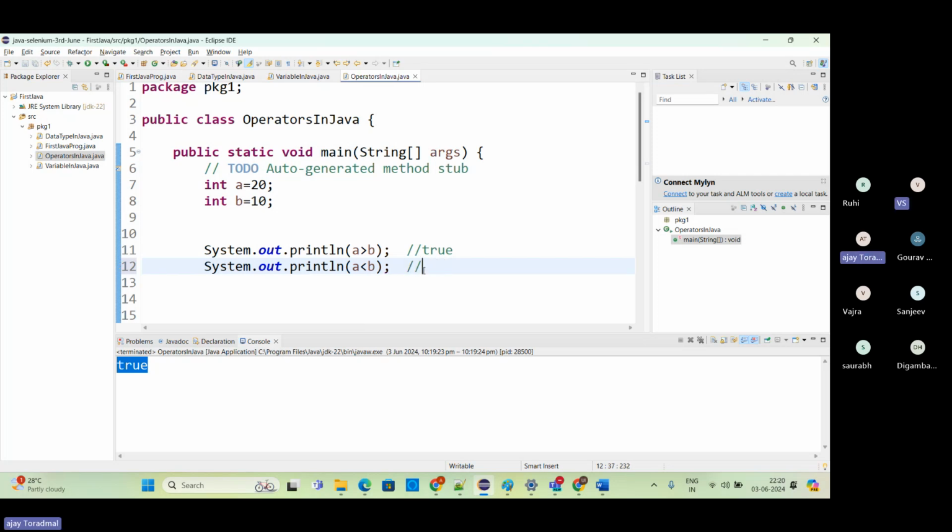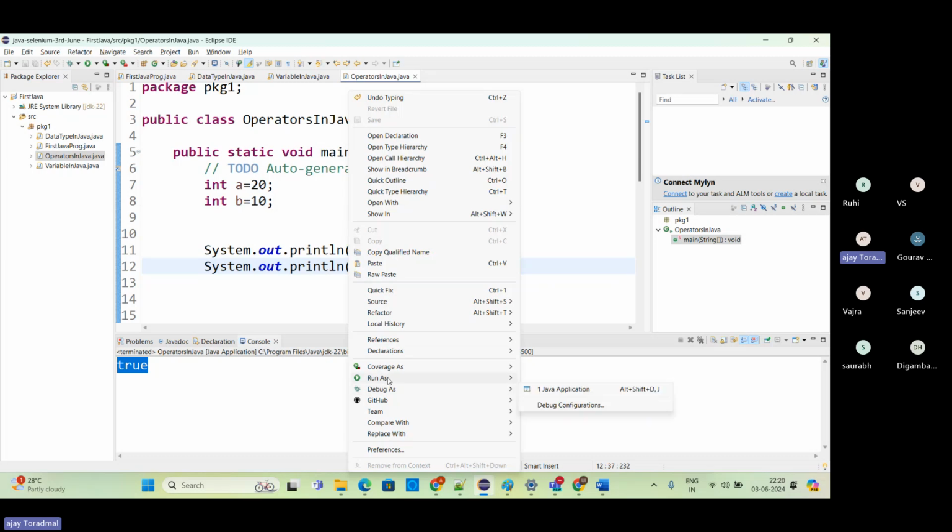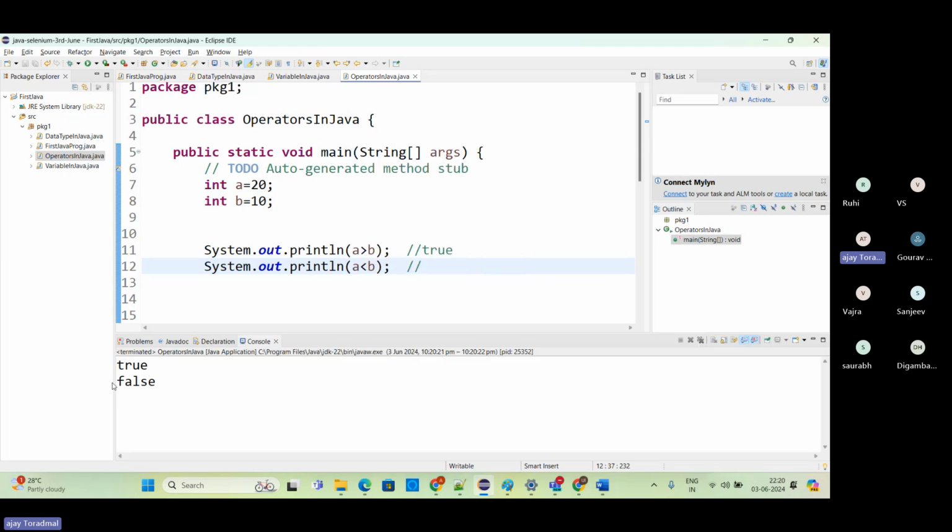So what will the second expression return? False. So it's returning false. So this is called the greater than operator, and this is called the less than operator. Now see, it's just checking whether it is greater or smaller. But if I want to check whether it is greater or equal, or lesser or equal,